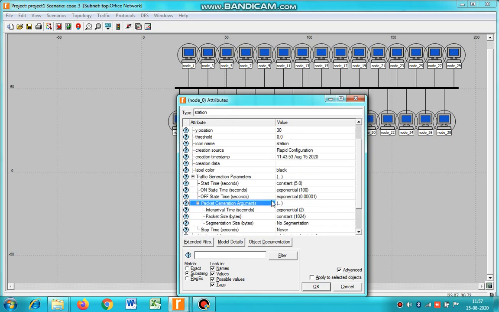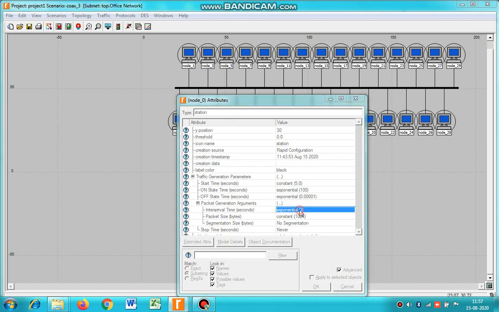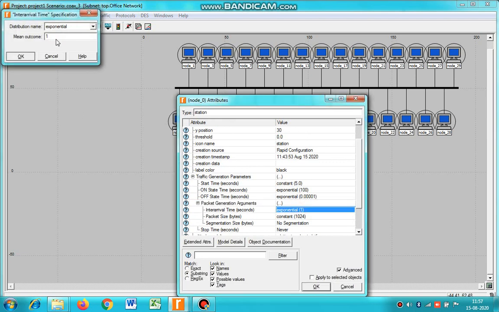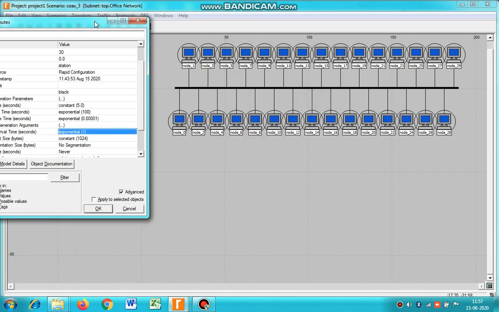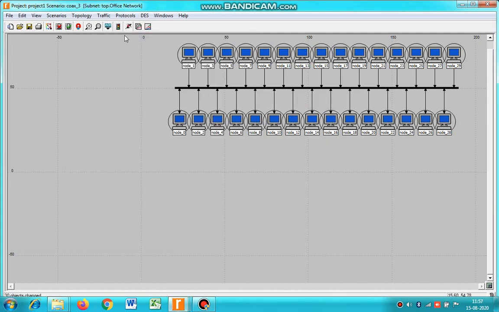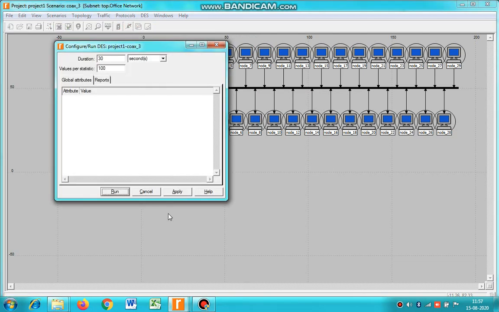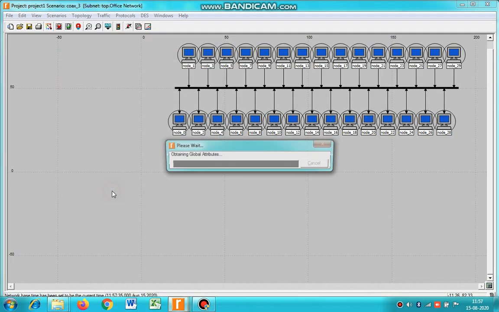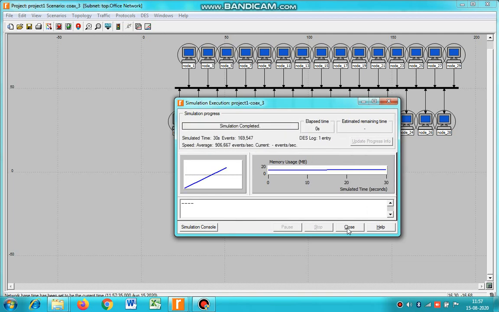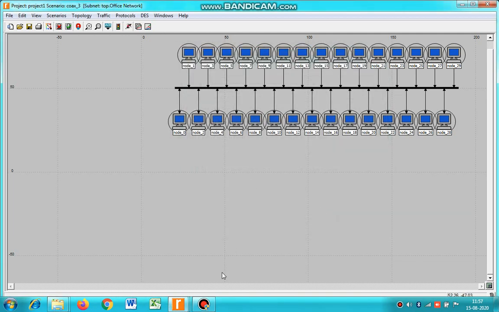Now this interval time should be changed. Let us keep it as exponential of 1. This apply to the selected objects. Okay. Now run. Let's close.